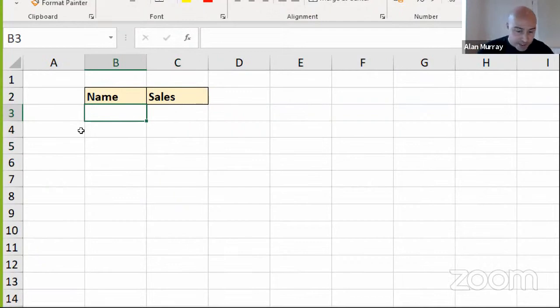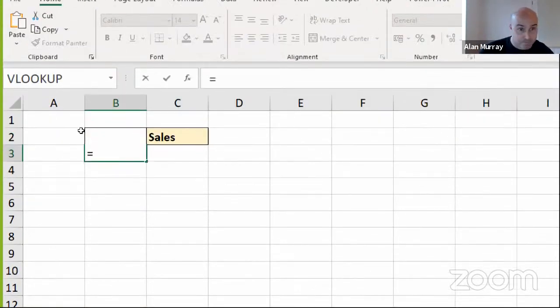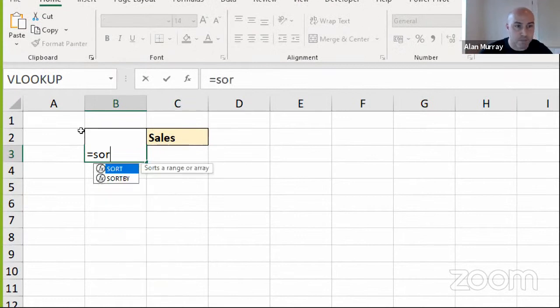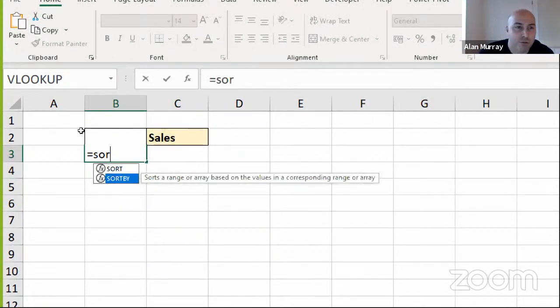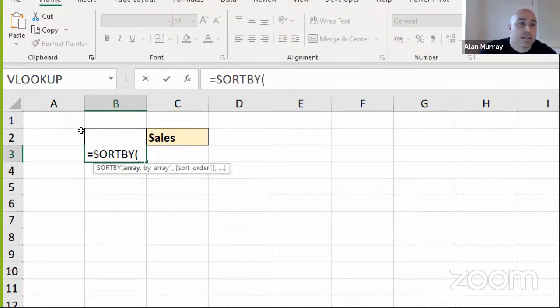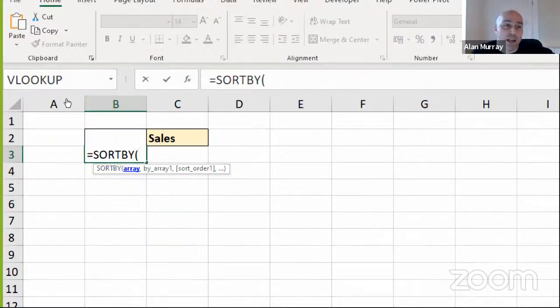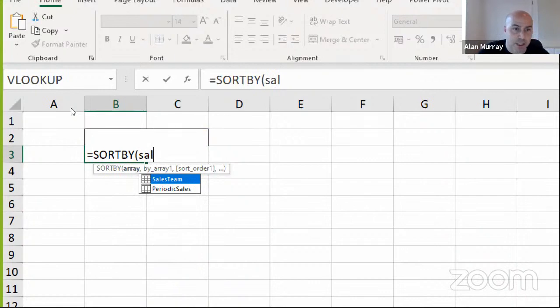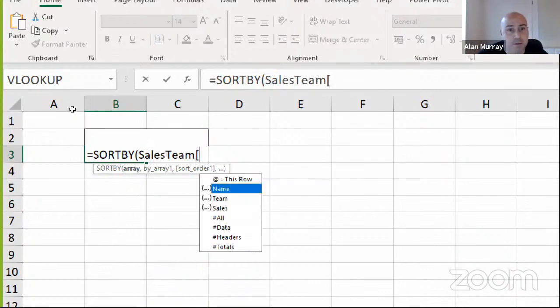So starting off without the index, I want to use, for the name, my sort by function. So coming into some real 365 stuff now. One of the new DAs, sort by, because I want to bring back the names, but sort it by the sales value. So I'm sorting it by a column outside of the returned range. So I can't do sort, it's going to be sort by. Sort, another function that uses indexes. Sort by, so array is, what I say it was called, sales team. Sales team name, column,